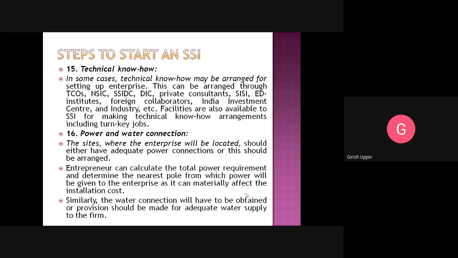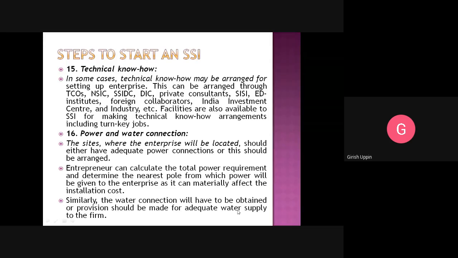So how you get the power, from the nearest pole, and how far that pole is, all those things will decide the installation cost of getting the power from a particular pole, whichever is the nearest.